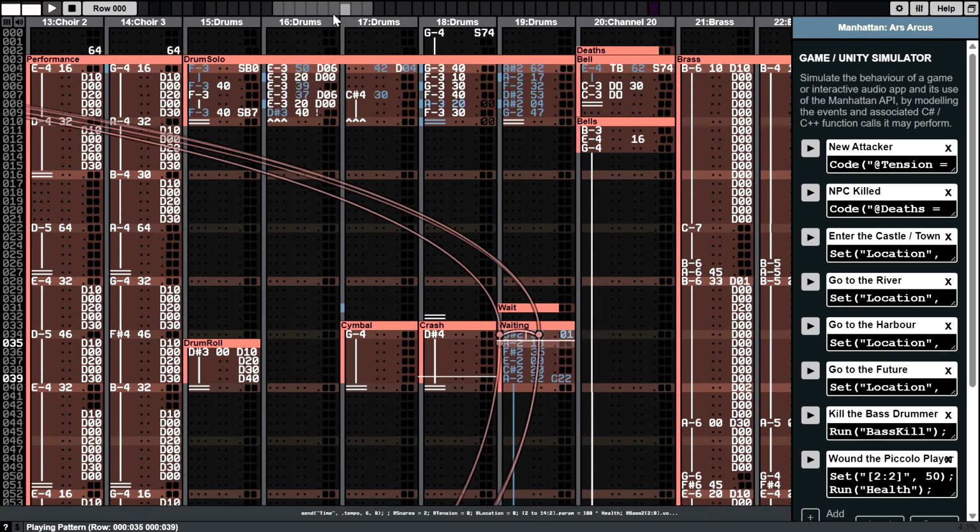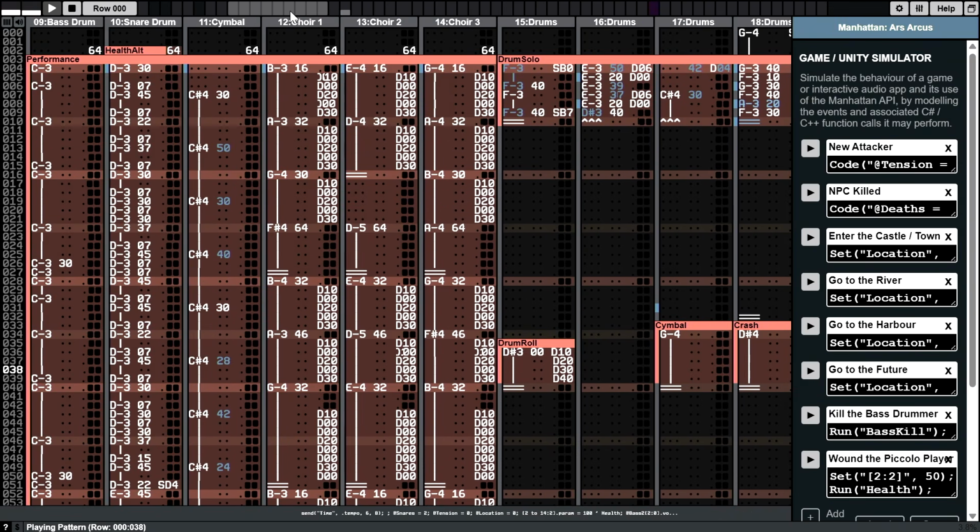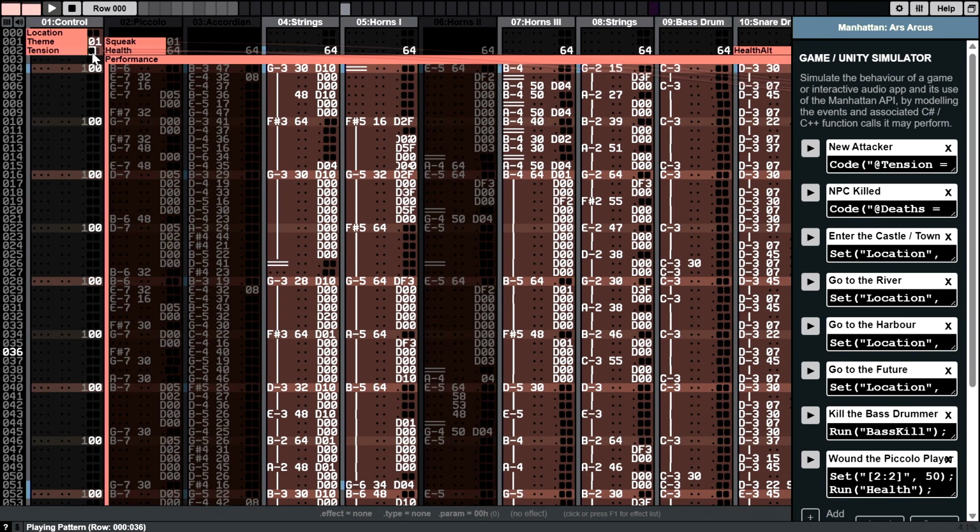Now you're in the game, but nothing much is happening, so we just got some procedurally generated tribal drums. And nothing will happen until the game says, oh, there's a threat, the tension rises. And you see over here, we've got this tension variable, which is currently 0. If a new attacker appears, that'll go up. And he says, all right, I'll just put it up then.